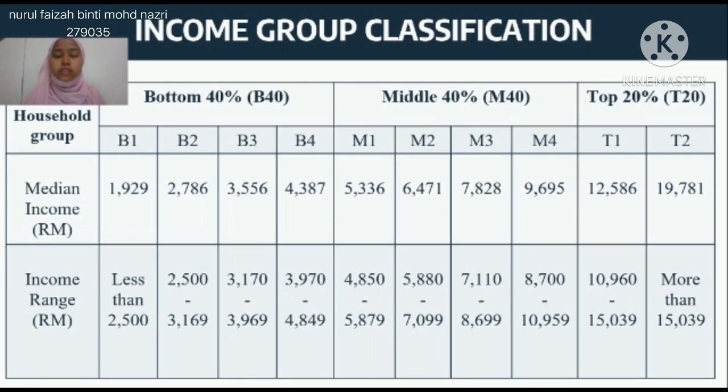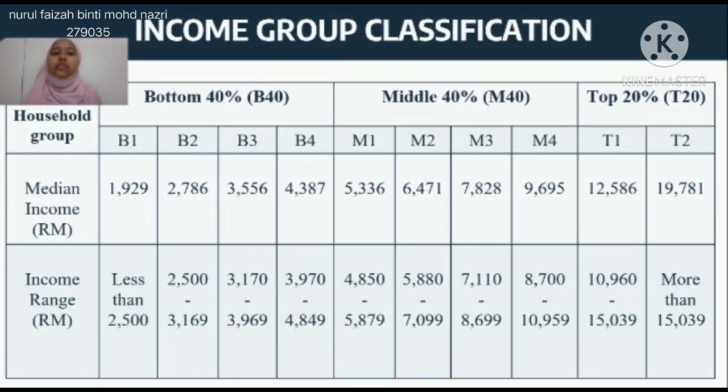It is the biggest socio-economic group in the Malaysian population. There are also four groups in M40, which are M1, M2, M3, and M4. So for M1, their median income is RM5,336. For the M2 group, their median income is RM6,471. For the M3 group, their median income is RM7,828. The last group in M40 is M4, whose median income is